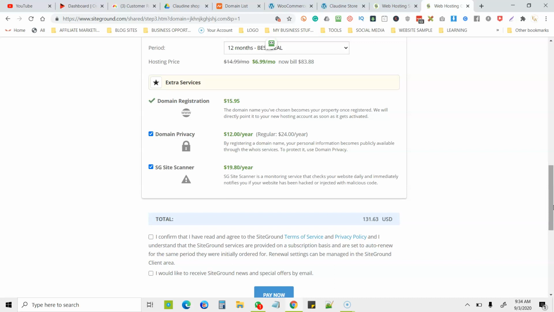But if you don't have it and I'm the one managing your website, my job will be to back up the website and clean it. But if you're not paying me monthly, which is $97 a month, for me to back up your website, update your website, and do a bunch of stuff on your website, I'm not gonna be able to do it for you. And that's the reason